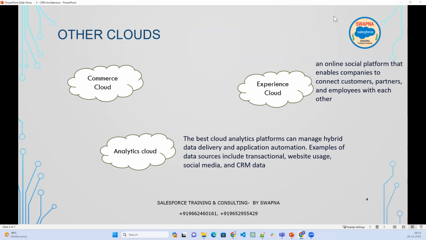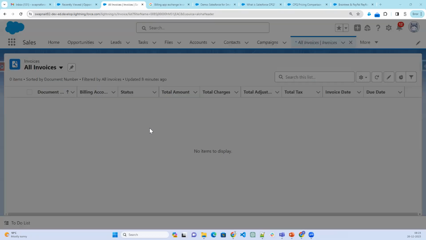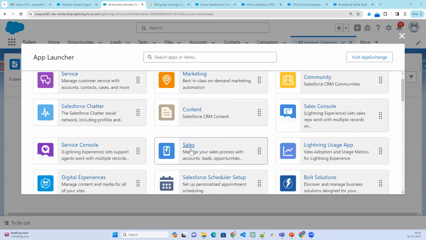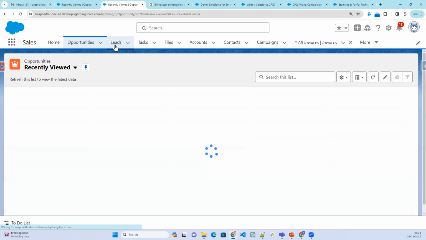Now if you go to Salesforce, and search here, view all, now you will see marketing, service, and sales. Right, you will also have a sales console and service console. With the service console, the only difference is the view; they will have a different view. For example, if I go to sales, now this is the sales, right? In this Sales Cloud, if I go to the opportunity or if I go to the lead,